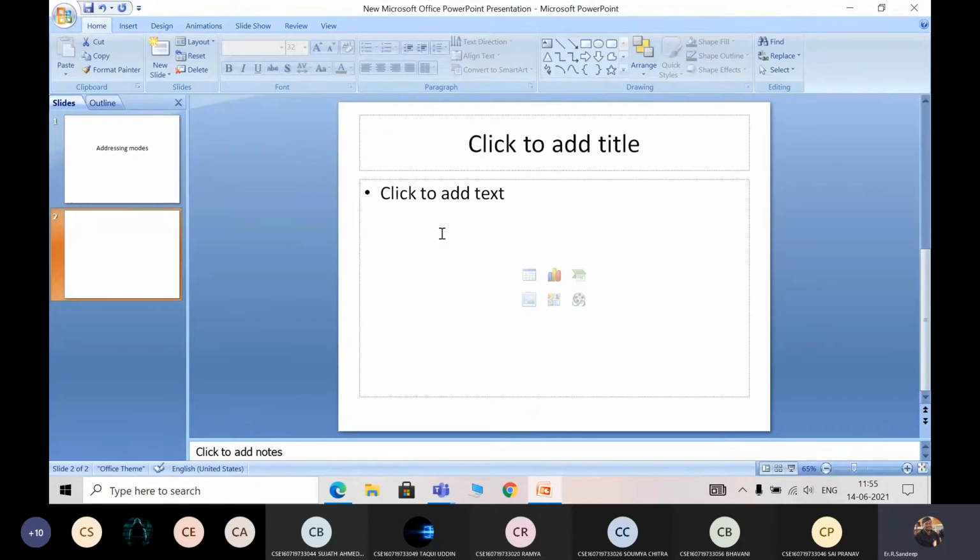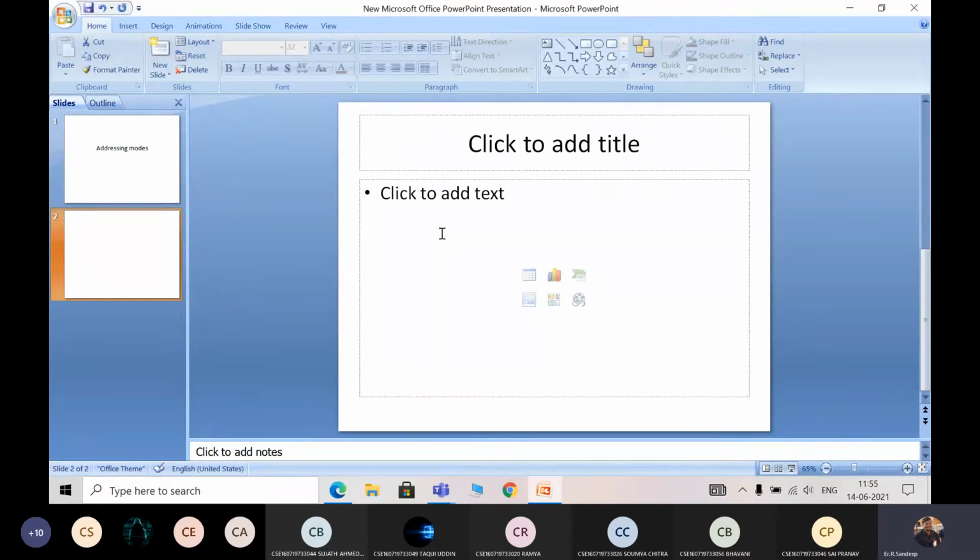List any 5 addressing modes of the 8086 microprocessor, or sometimes they may ask individual questions on each and every addressing mode, like what is a direct addressing mode, give an example. What is indirect addressing mode, give an example. So like that they will ask even in 2 marks questions, individual addressing modes. Today we'll see all the addressing modes that will be supported by 8086.